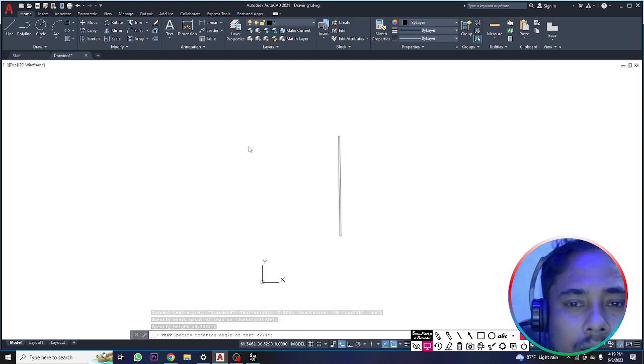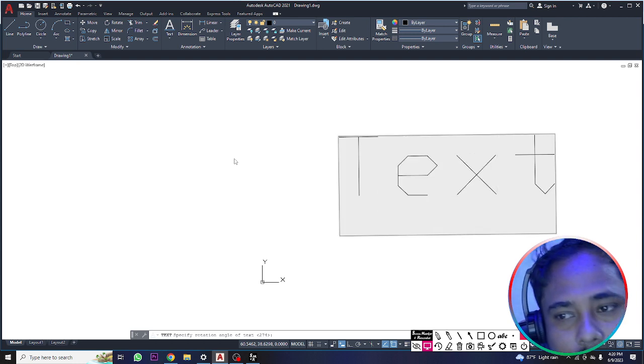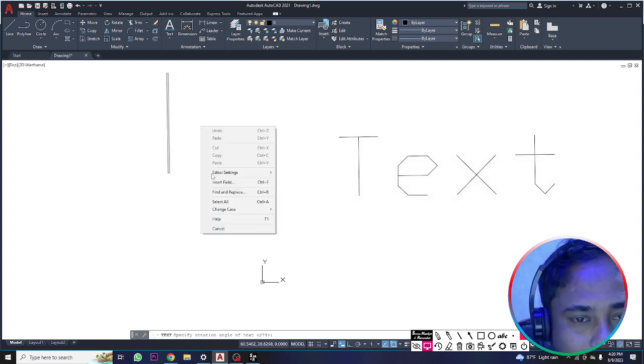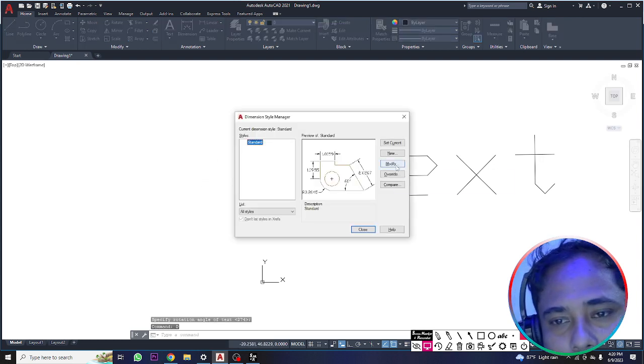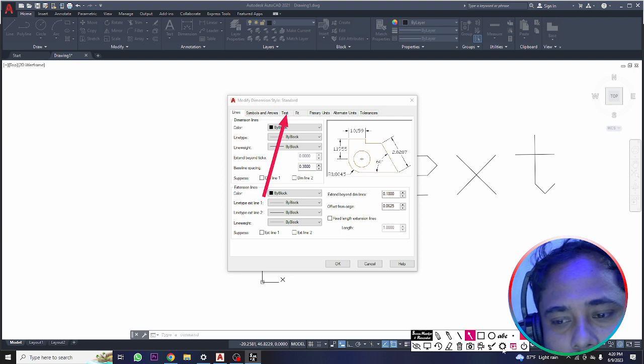And you can write your text here. If you think this text is not similar to your drawing, or if you think it should be increased or reduced, at that time you just type D, enter, and as you can see in Modify, here is the option Text. So click on Text,